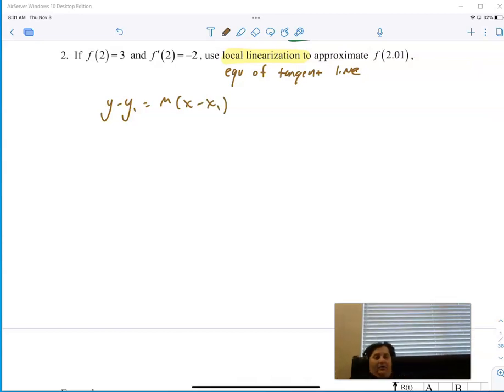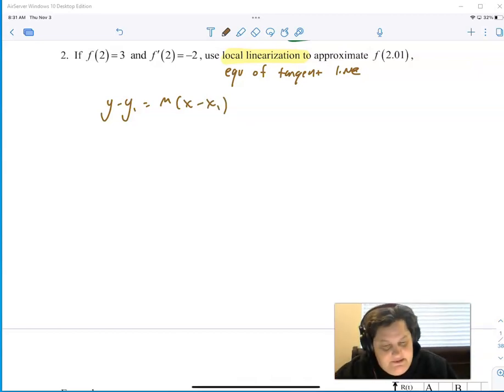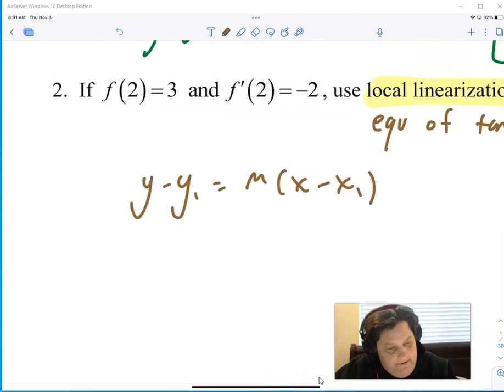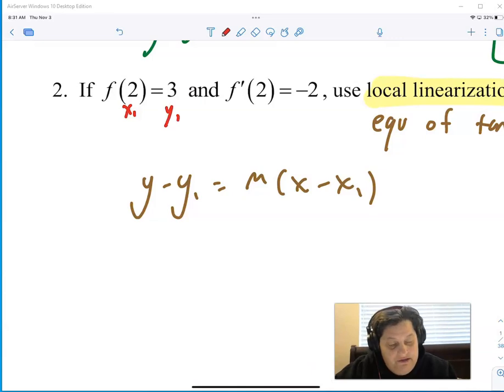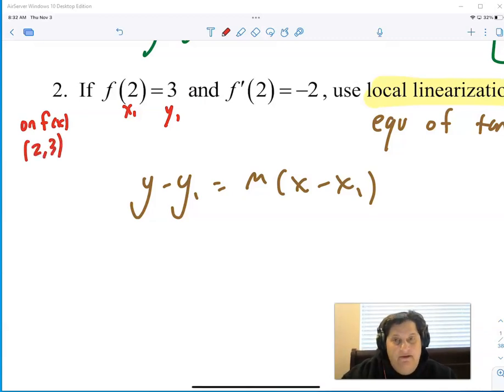Now let's take the pieces that are happening here. x1, y1. So this is on the graph of f. Basically, it's saying that the point (2, 3) is on there. Now this is on the graph of f prime. So this is saying,